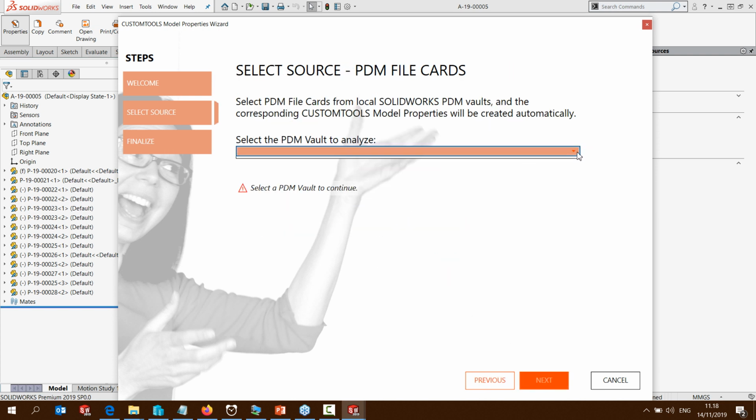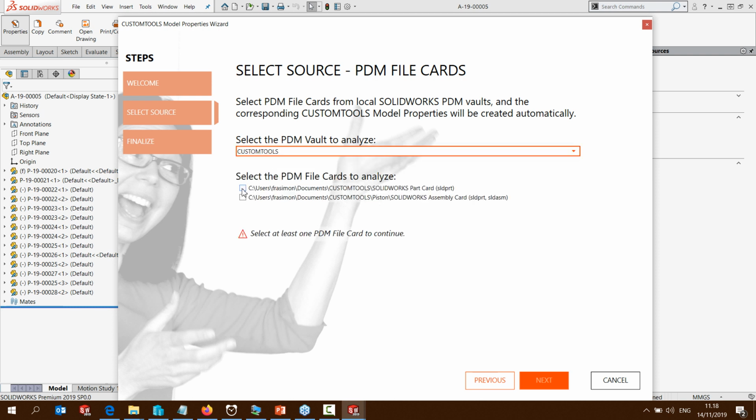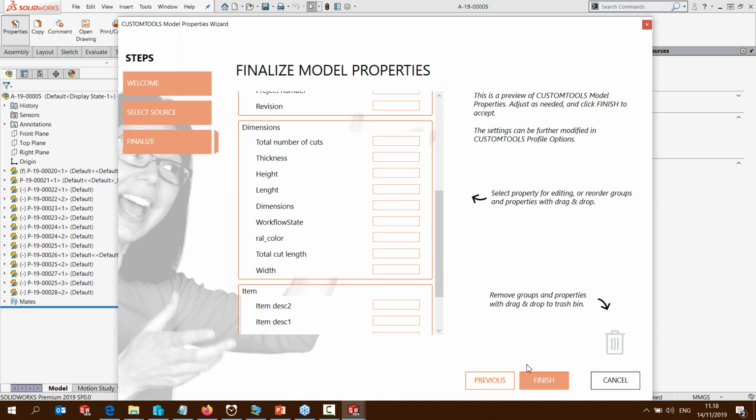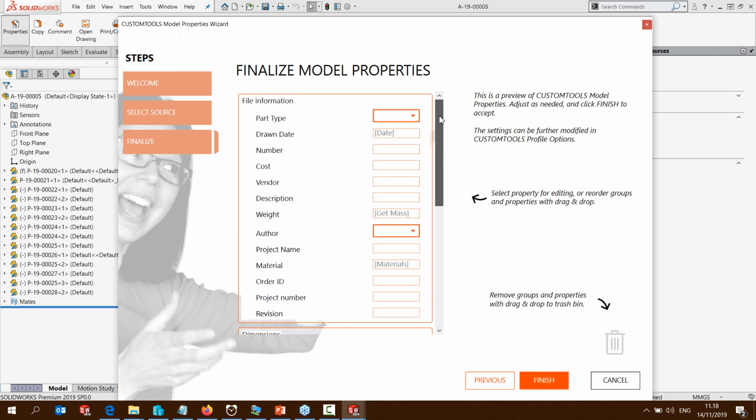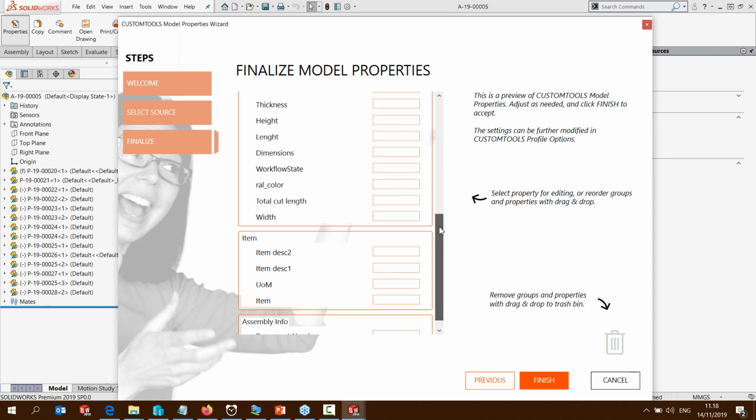So here I just select the PDM vault that I want to run the analysis. So I can select here the different specific data card that I want to use. So here I will use the one for the part and also the one defined for assemblies. I click then next. So here, as for the tab builder, we have automatically created the